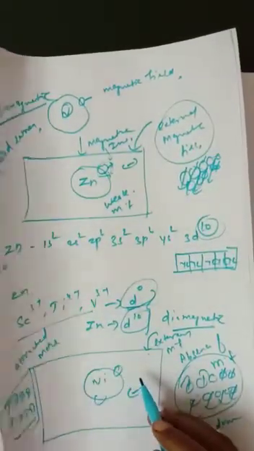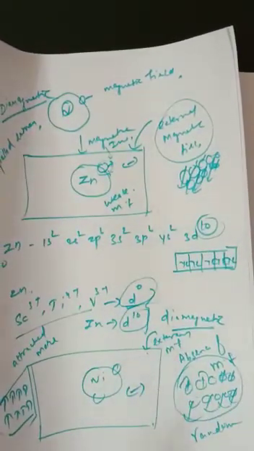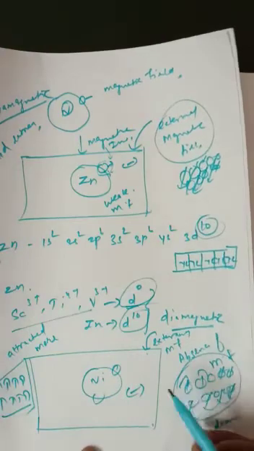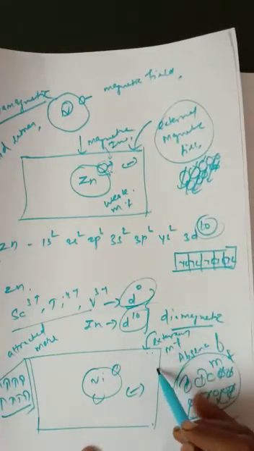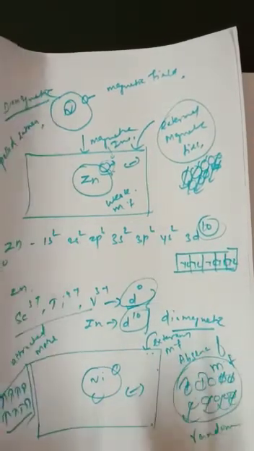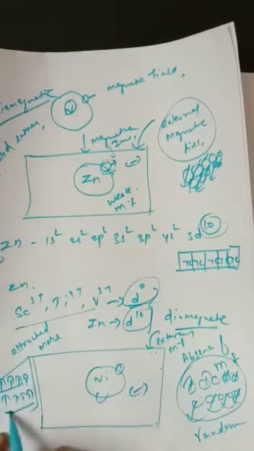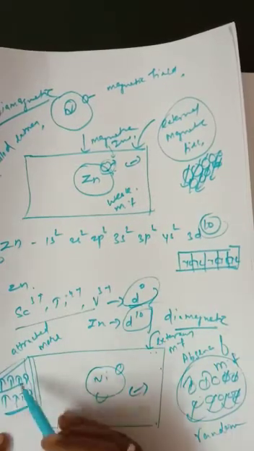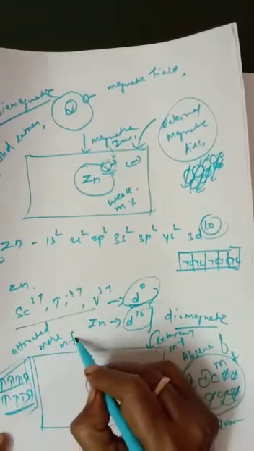These unpaired electrons have a dipole nature. They may be random in motion in the absence of a magnetic field. At the same time, when the external magnetic field is introduced, they align in one position, in the same direction. It must be parallel, so it attracts more magnetic field.